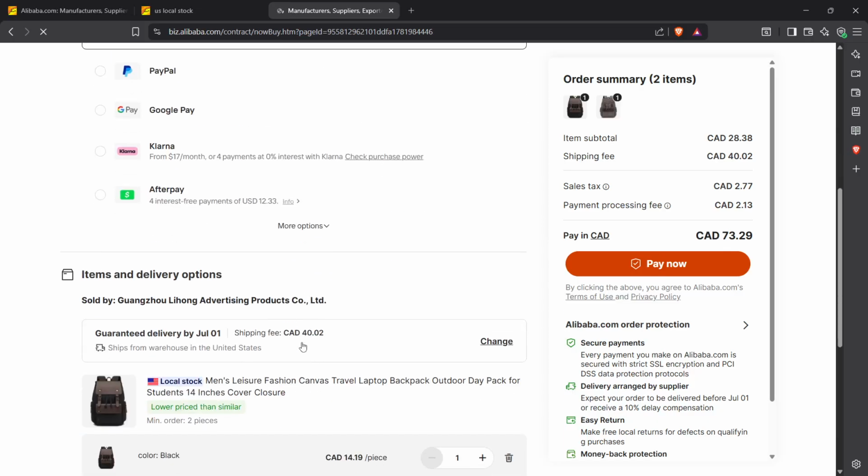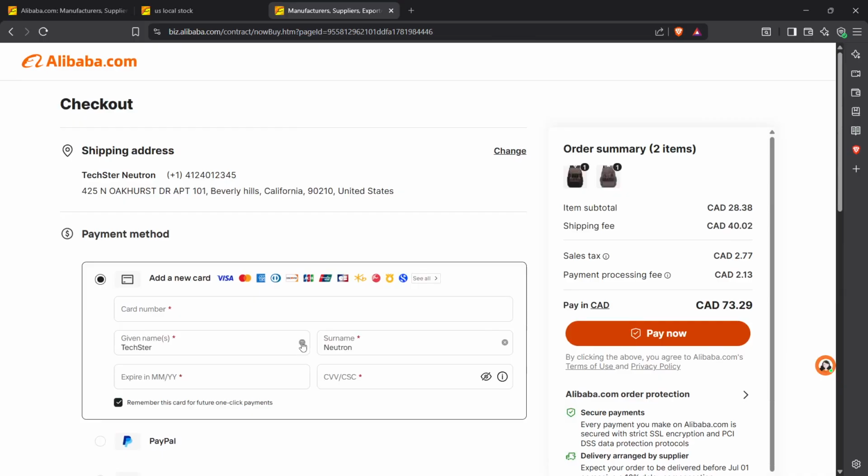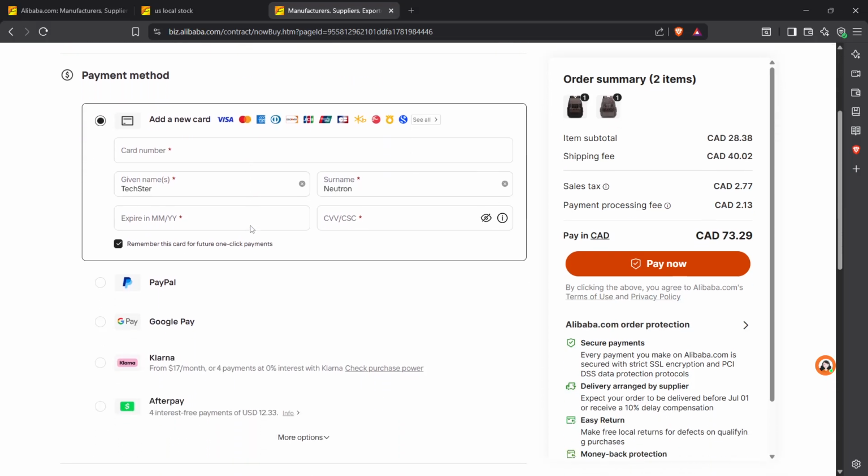After that, enter the shipping details. This is where you specify where you want your order to be delivered. Make sure to include the correct address and choose the shipping method that best suits your needs. Consider factors like delivery time and cost. Accurate shipping information is vital to avoid any delays or additional charges. Remember, clear shipping details pave the way for a smooth delivery experience.